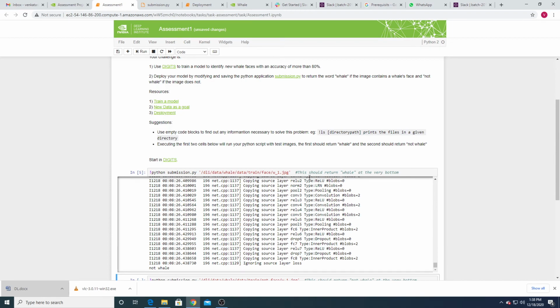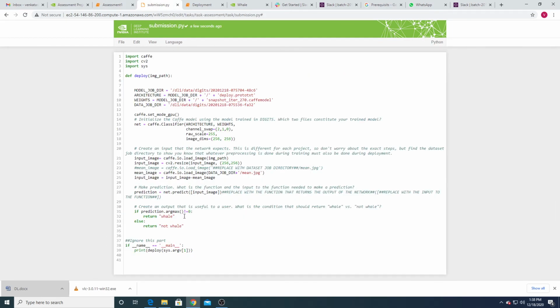So then what to do? Then we have to modify this code as same. So maybe the first index labeling is for the whale and the second index for the not whale here. So I keep 0 as it is.